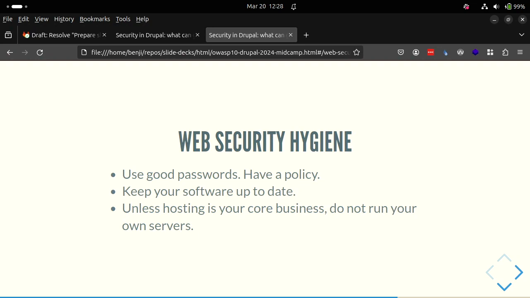Keep your software up to date. And that's sort of what the OWASP is telling us. Number 6, avoid vulnerable and out-of-date components. But